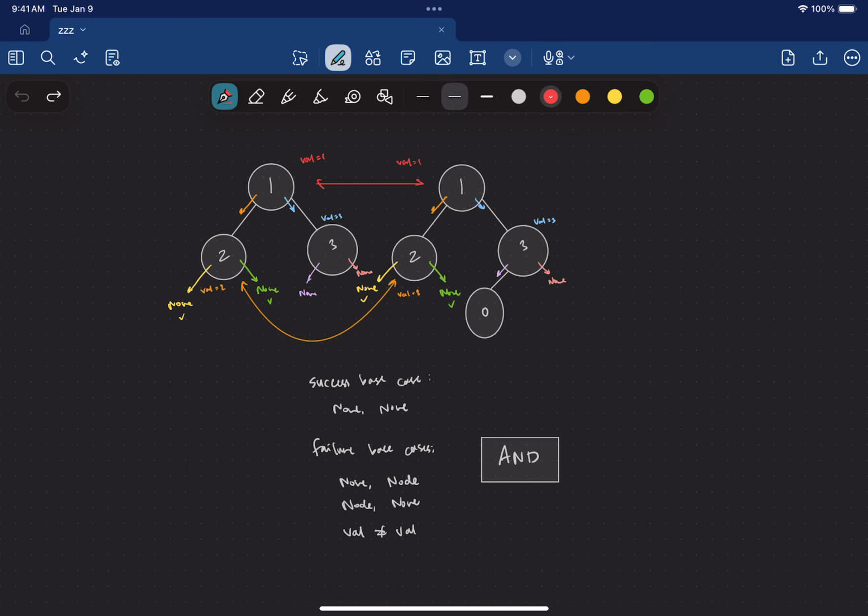Because their values don't correspond. And then outside of that, we have these two scenarios where we have a node on one tree, but we do not have a node on the other tree. And that's a scenario like this one right here,